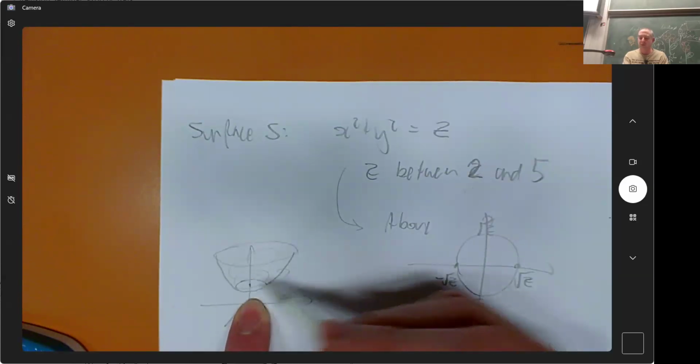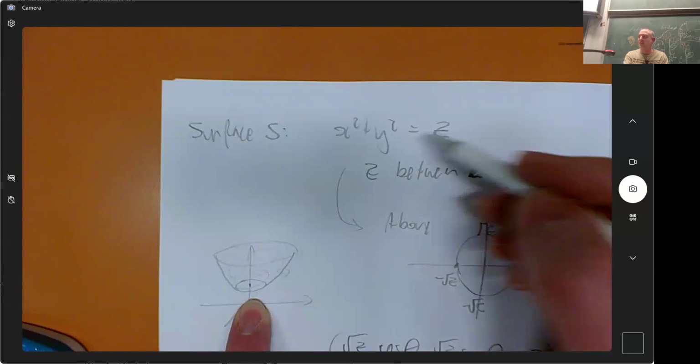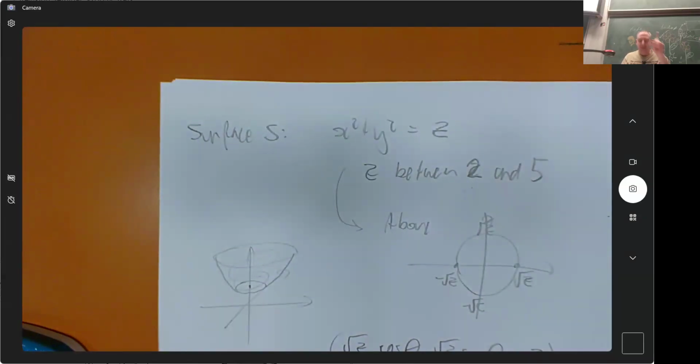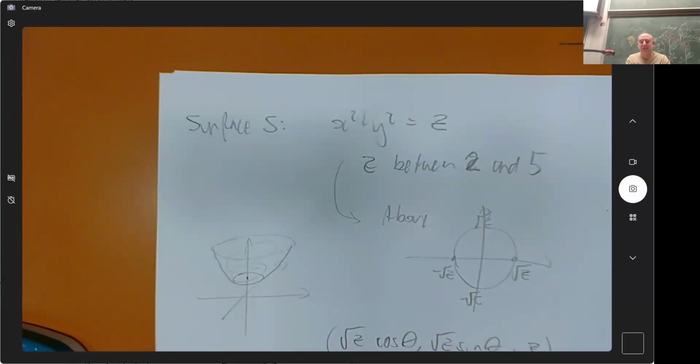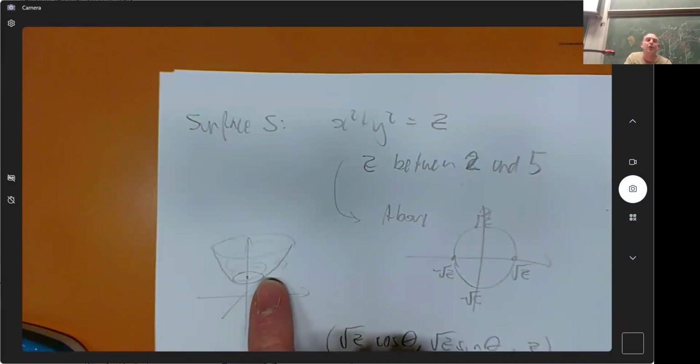It would only start at 0 because you have to have a positive number there if you're going to have x squared plus y squared. Traditionally, they make it start at 0 because then it has a neat little hole. This one's got 2 edges, which is a problem. If I did Stokes' theorem on this one, I would have to do the 2 edges separately and include them in the calculation.